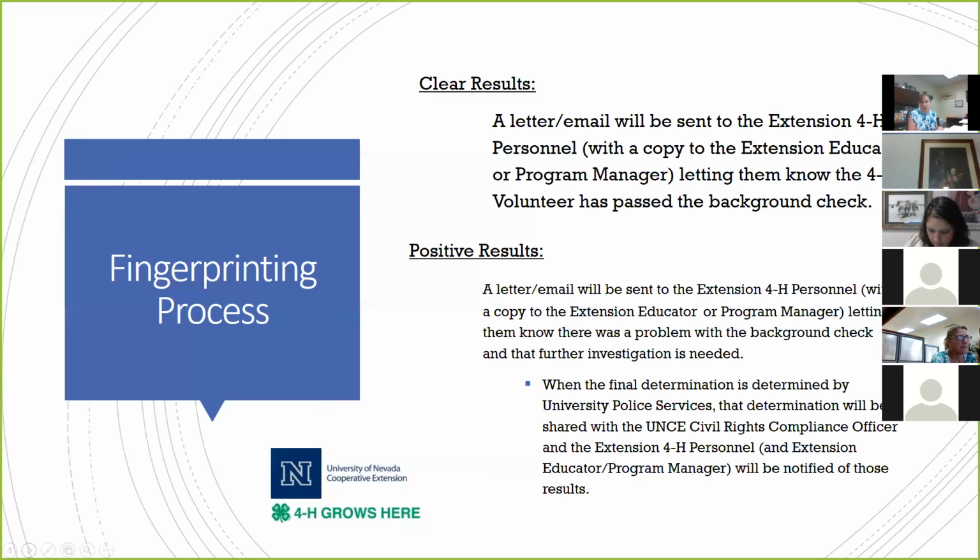Any questions on the fingerprinting process? Okay. Next is